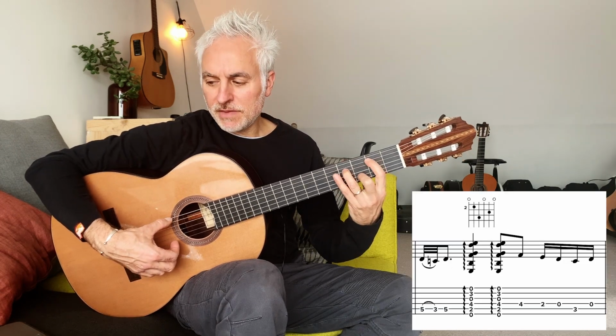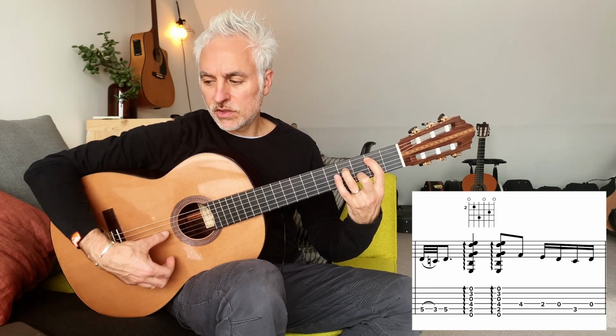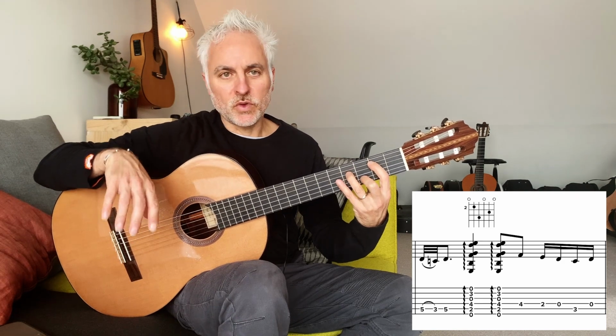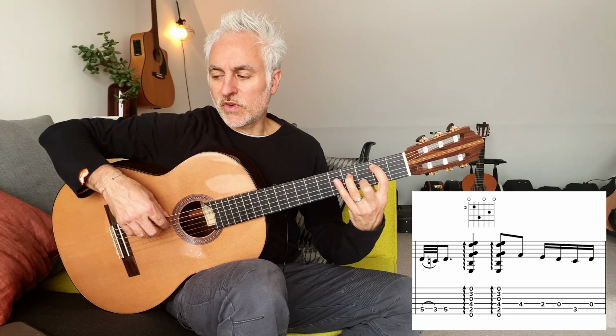Then we have our B minor chord with some open strings. Use that chord diagram at the top to work out where the notes are if you can't necessarily read the notes. And then we've got,